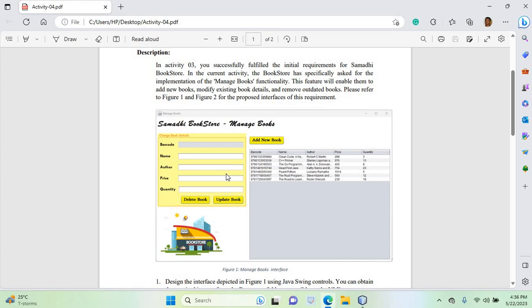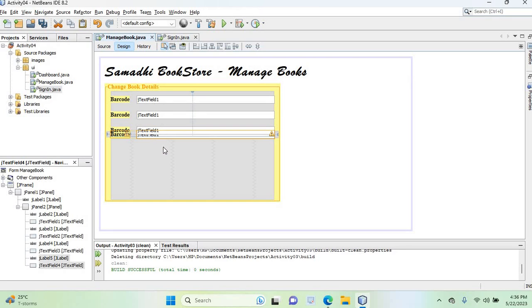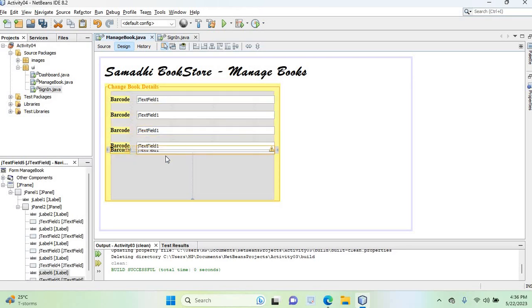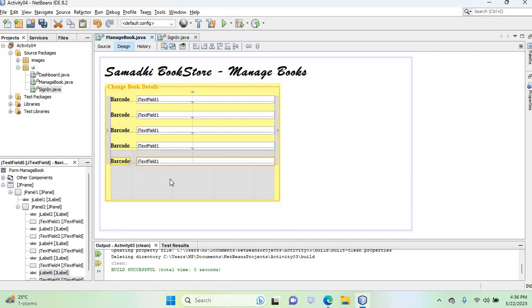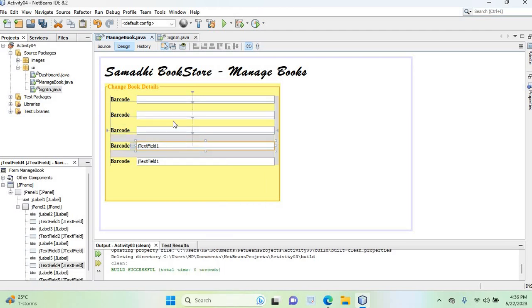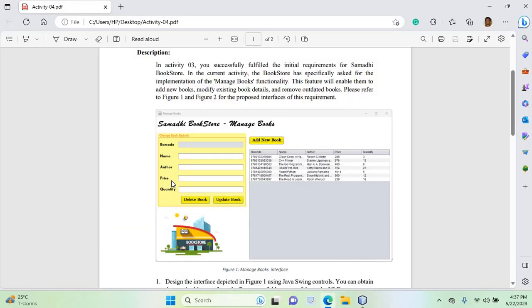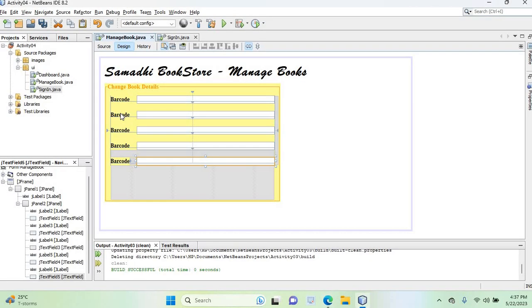Okay, I need price and quantity as well, so therefore I'm going to add 2 more here. Like this. Okay, and I'm going to remove this text. Okay, so barcode, name, author, price, quantity. So I'm going to change the text of this